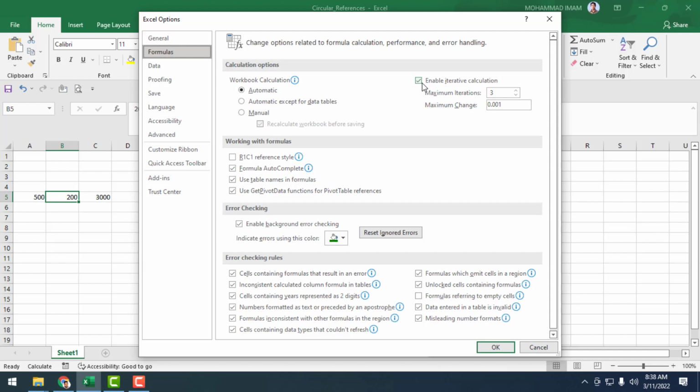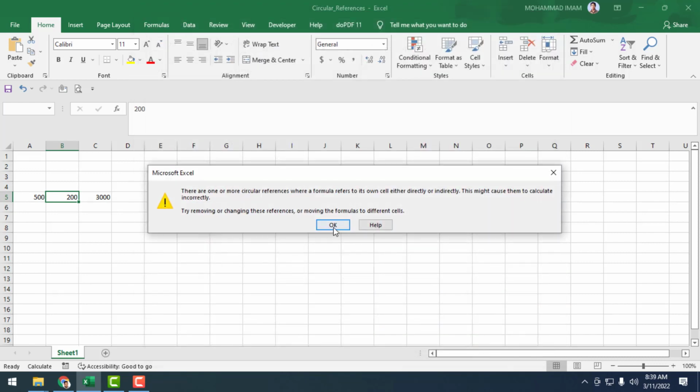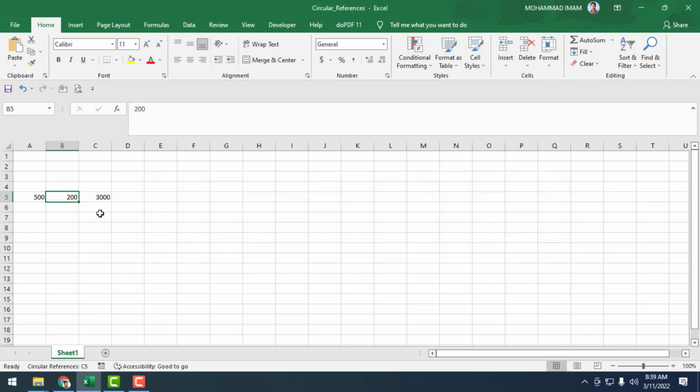We won't keep it on in the future. If I edit this again and press Enter, see, the result is automatically 0.